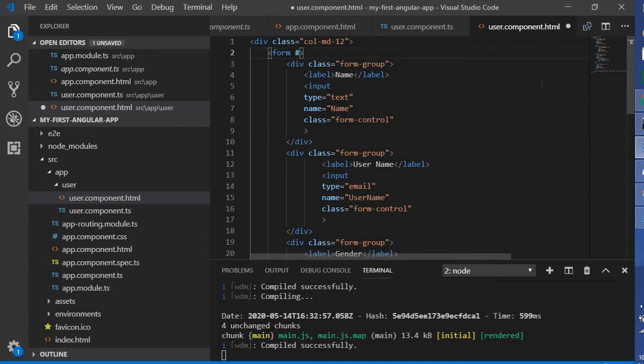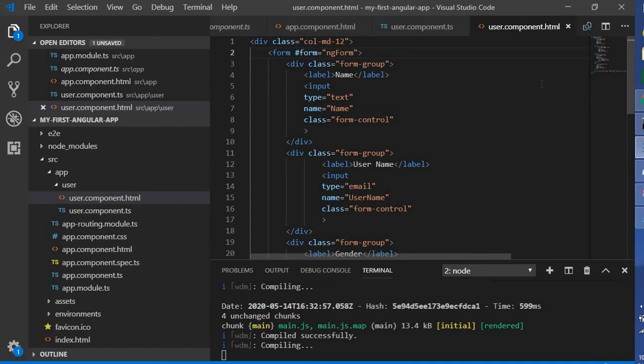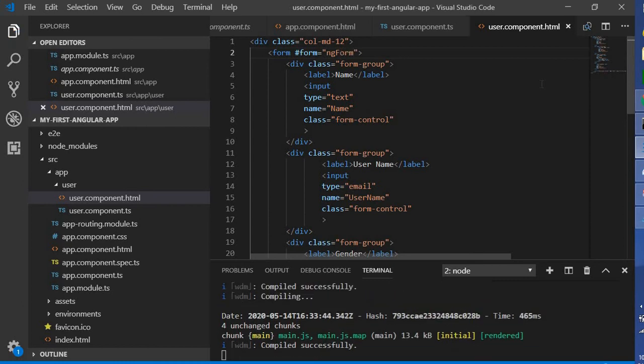I'm just going to give form, and I'm going to say what kind of type it is, that it's an ngForm. It means I'm saying that this is an Angular form, or a template driven form. So I'm just having a local reference, that's it. Okay, I have created a form, and what controls are inside, that also I have to say to Angular.